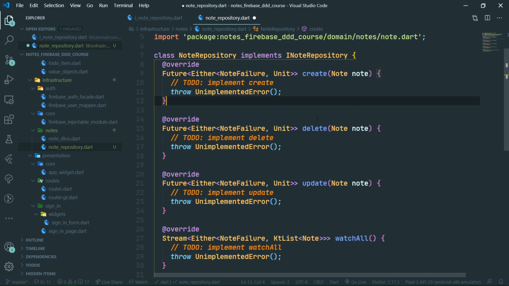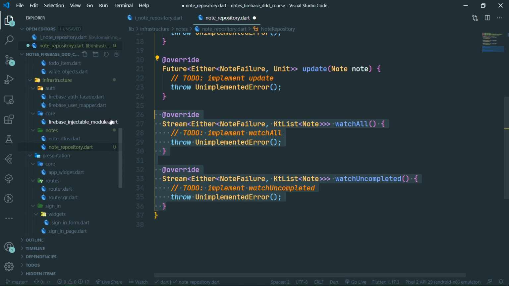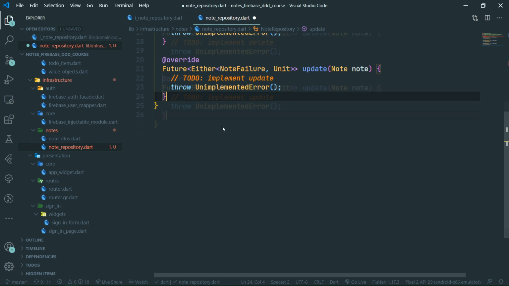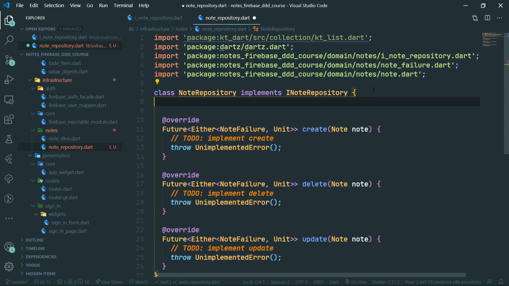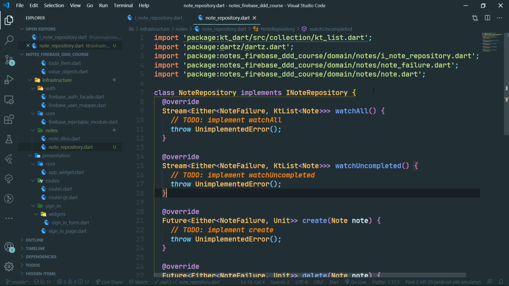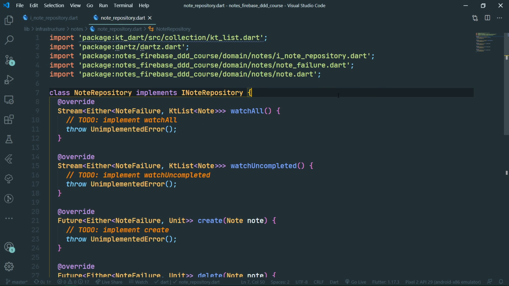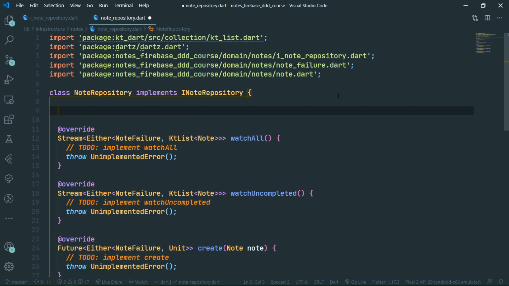We are not going to implement create, delete, and update in this part, so let's move the watchAll and watchUncompleted methods to the top of the repository, because we are going to implement only them in this part. And while we are at it, we want to operate with Firestore inside of this repository. So we are going to create final Firestore,